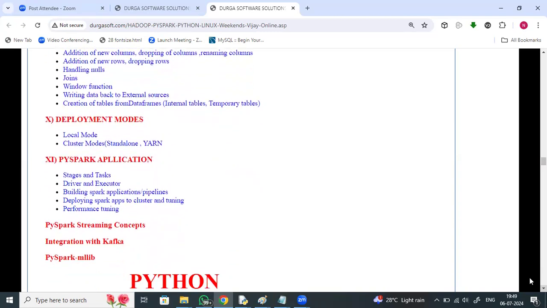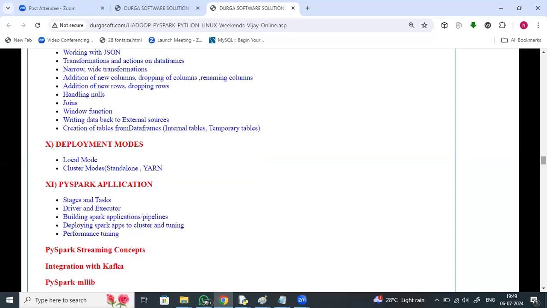PySpark applications, stages and tasks, drivers and executors, deploying Spark applications to a cluster and performance tuning, right? PySpark streaming concepts, integration with Kafka, and PySpark MLlib, right? This is what will be discussed as part of this